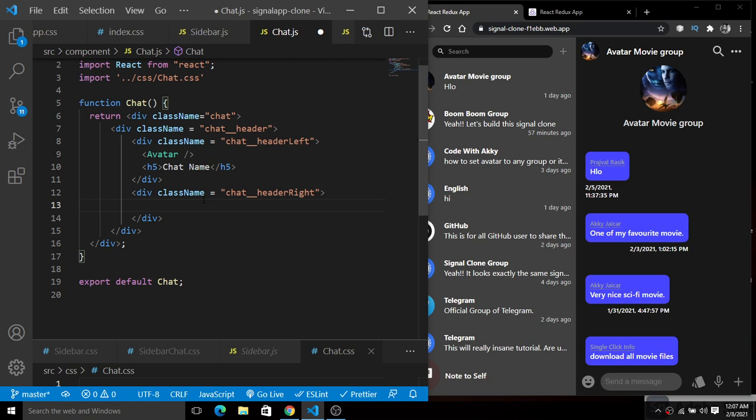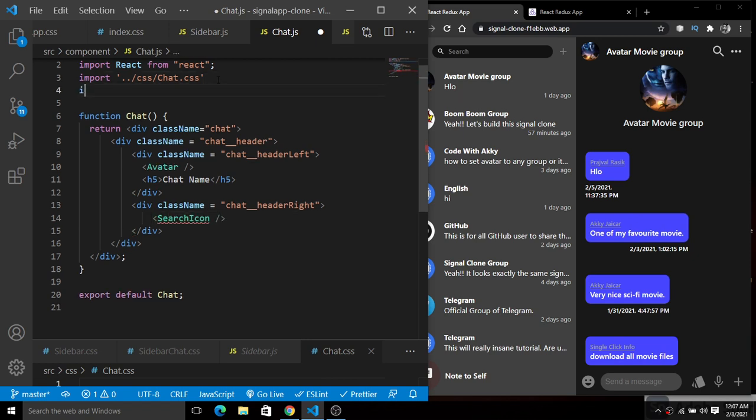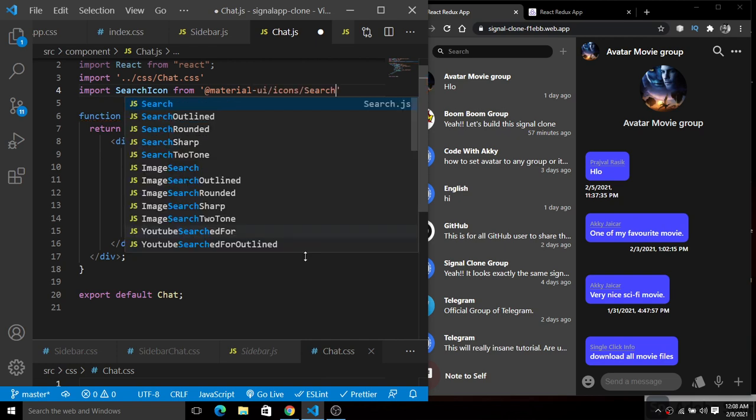Next we have the header right part, and inside of this header right we have a search icon. You guys have to simply import the search icon here from the Material UI icons, slash search. Next you can see we have a more horizontal icon, so simply import the more horizontal icon.